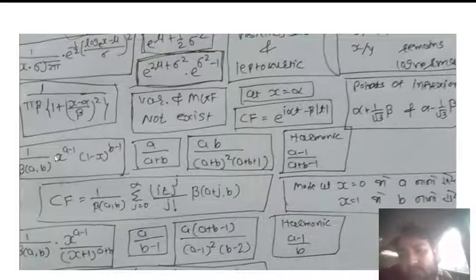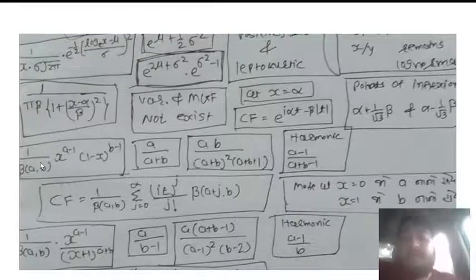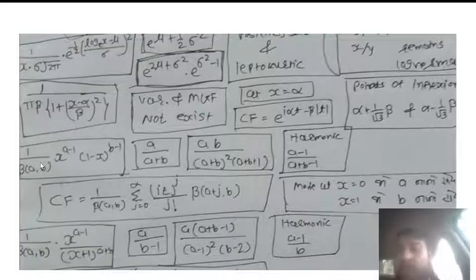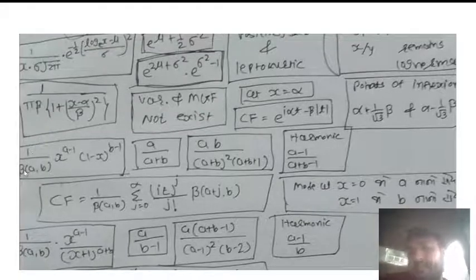Now we are moving forward. Which distribution is this? 1 upon beta of a and b. Guys, you have read it with different terms in different books. Some books say 1 upon beta of alpha beta, or 1 upon beta m n, and whatever you say, just stick to only one notation. I am sticking to calling it a and b. 1 upon beta of a and b into x raised to a minus 1 into 1 minus x raised to b minus 1 is the distribution function of